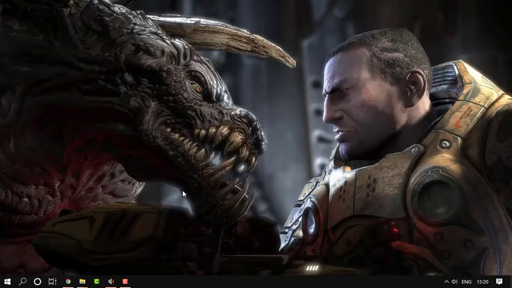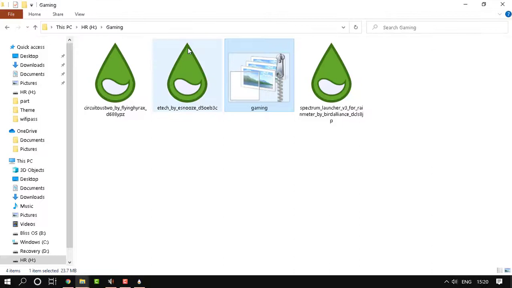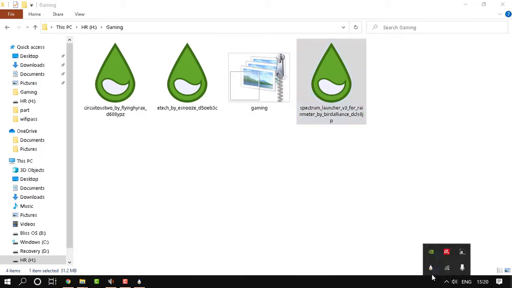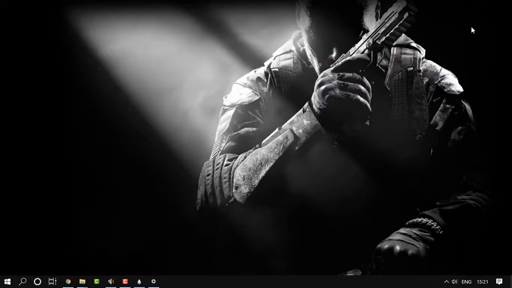Once done, you can also go ahead and install Rainmeter. Rainmeter is one of those popular applications which lets you install widgets that are completely customizable. Once you're done with that, you can go ahead and install these widgets or themes, whatever you call them, from Rainmeter. I'll be providing the links in the description. And also go ahead and hide the taskbar so you can have a cleaner look.